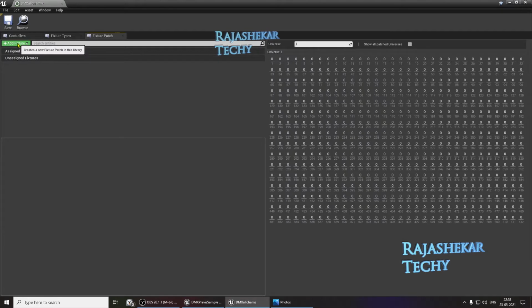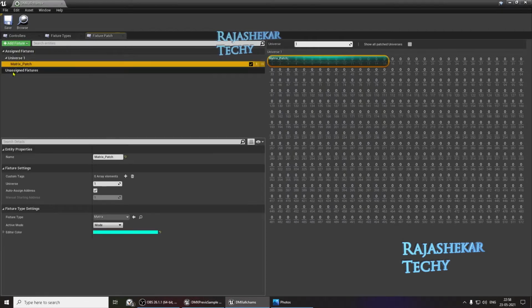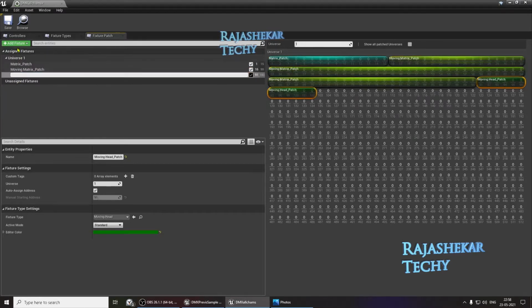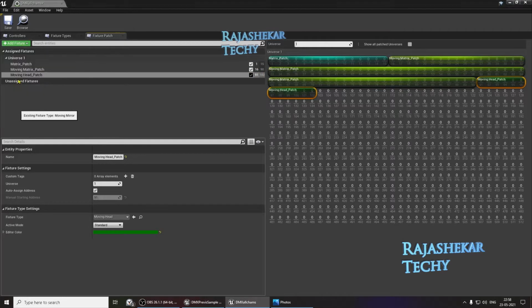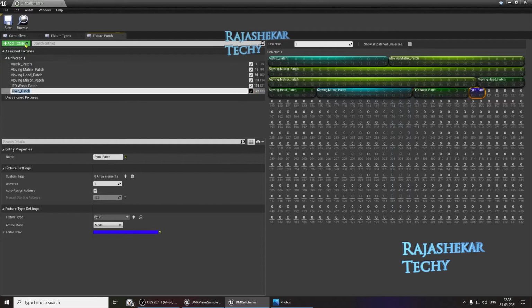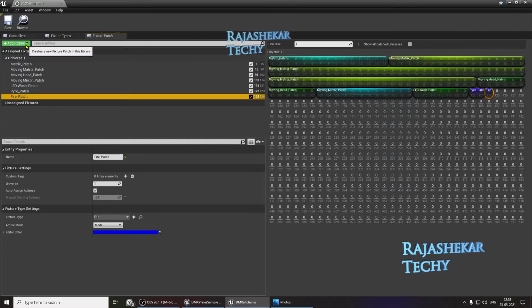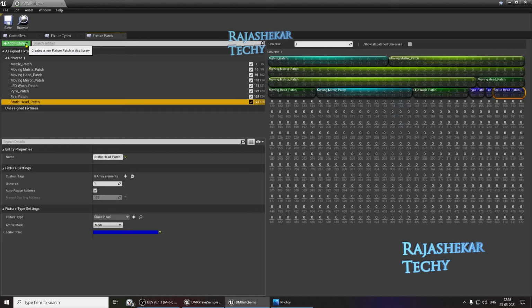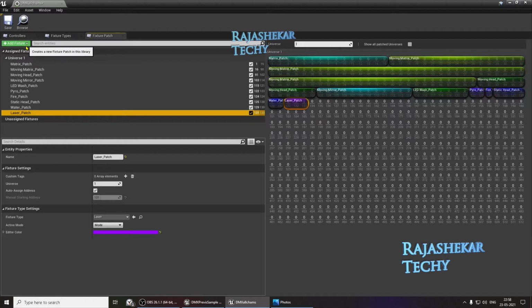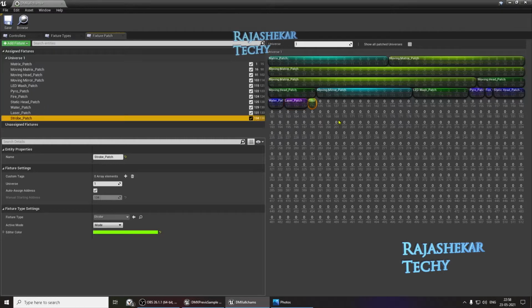Let's click add fixture and select all the items one by one. Matrix patch, moving matrix, moving head, moving mirror, LED wash, pyro, fire, static head, water, laser, and then strobe. Okay, so all these are patched in order. Let's try to change the patch to our choice. So I'm moving the matrix.